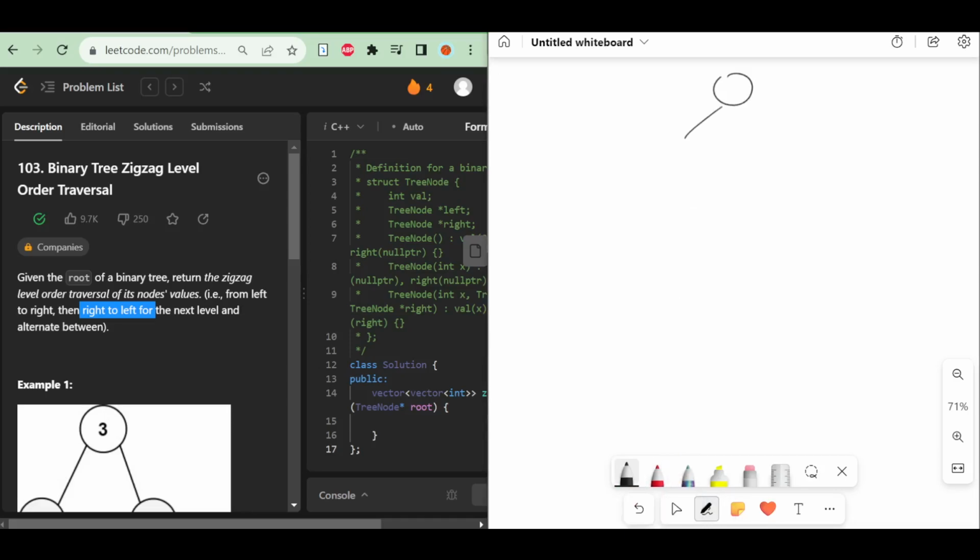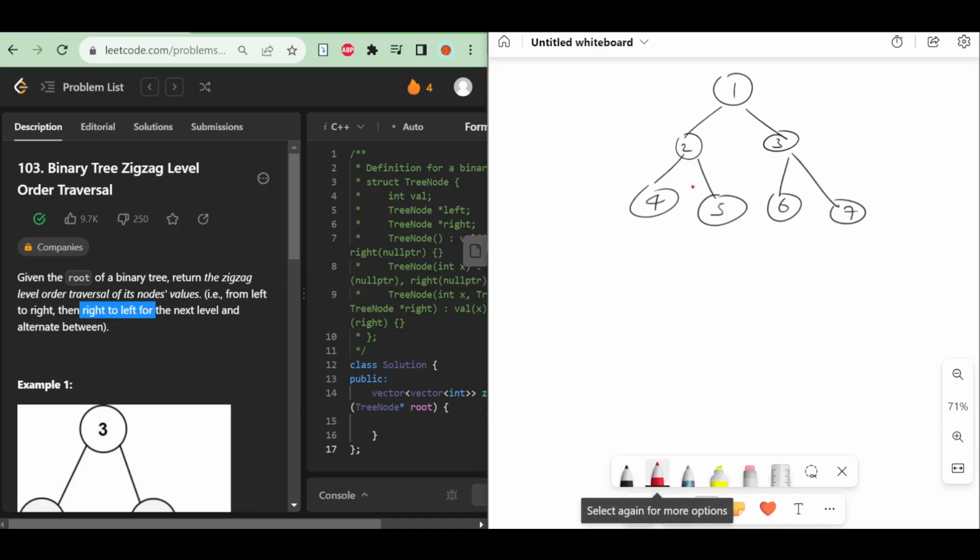Suppose this is a binary tree: 1, 2, 3, 4, 5, 6, 7. If I want to perform the zigzag level order traversal, I have to start visiting the nodes starting from the root node. I will visit this node 1, then the next level I'll visit from left to right, and what comes first in the left, it comes 2,